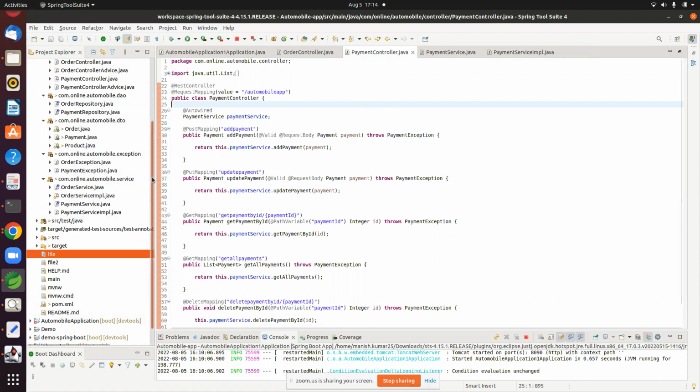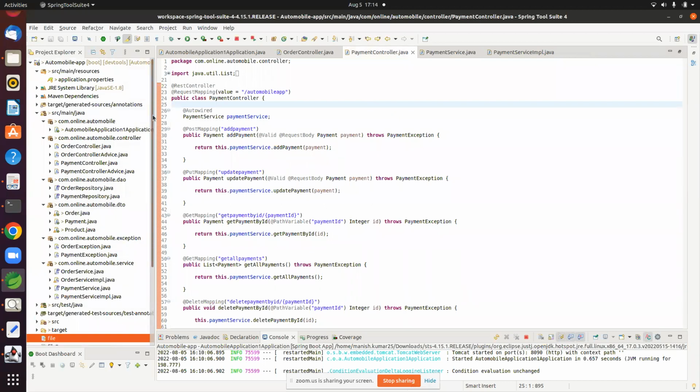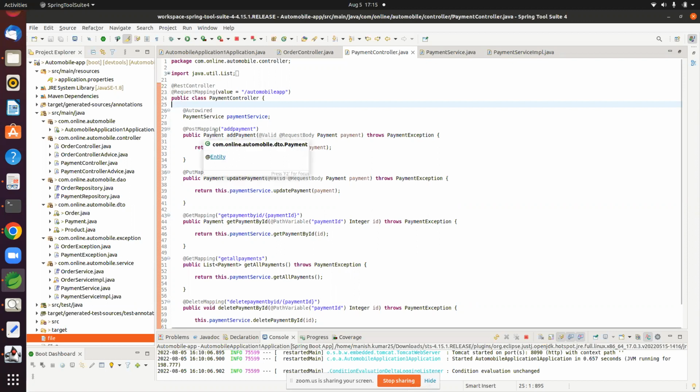Please continue. So we are working on an online automobile app in which I am working on two modules, which are the order and payment module. Basically, if a client wants to access the repository of our automobile app, then he needs to hit the browser with some HTTP request, and for that we have our REST controller in which we have done the mapping for that request, like get, put, post, delete mappings, and this is the controller for that.